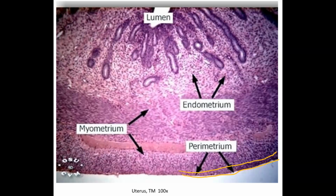Here we're looking at a slide of the uterus, and the job of the uterus is to serve as a site for implantation of the embryo and then growth and development and nourishment of that growing baby. So if we start from the superficial layers, the peritoneum is this layer of connective tissue that helps to contain